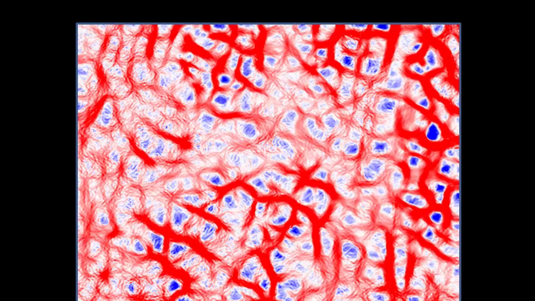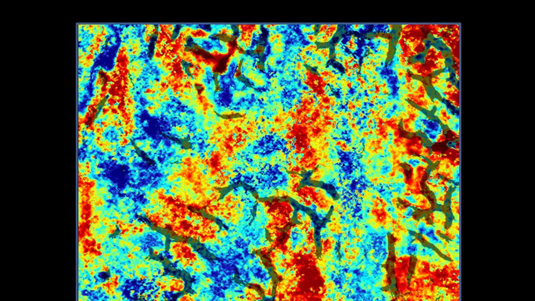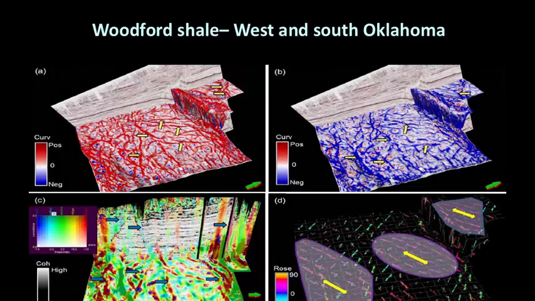So this is one such plot, but then the way we use it is, for example, if we have generated a relative acoustic impedance attribute from the seismic data, we can overlay these two and see how good or bad the correlation is, where they exactly fall on the lineaments, fall on these different pockets. In this particular case, I don't have the color bar, but the low values of impedance are in blue, and the higher impedance values are in the hotter colors. So this kind of an exercise you can carry out.